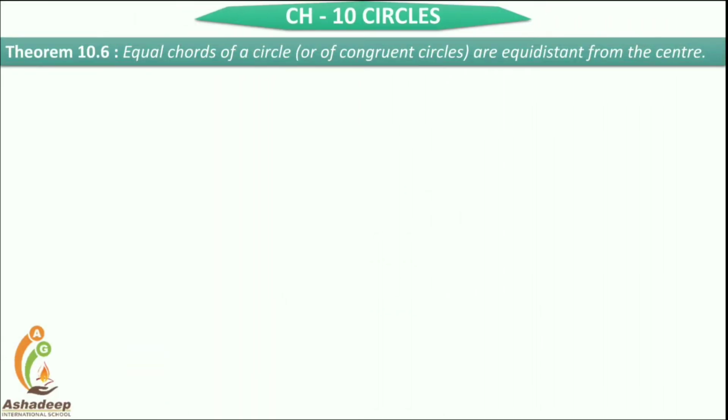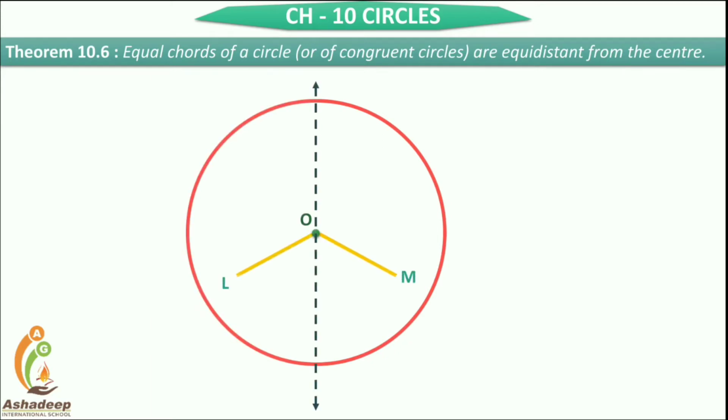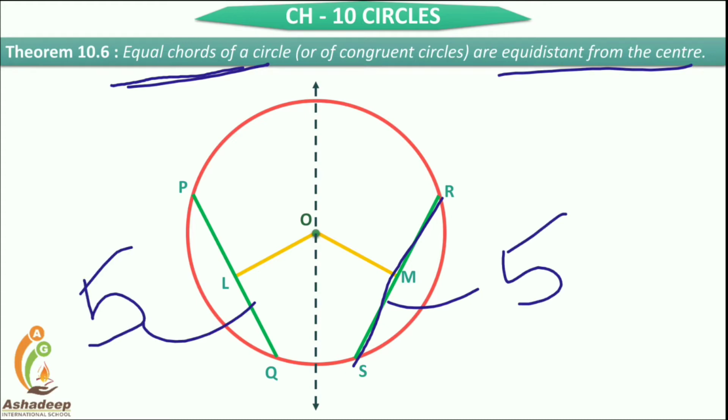Okay, now let's start theorem 10.6. Equal chords of a circle are equidistant from the center. So see, equal chords of a circle are equidistant from the center. अगर ये 5 का है, ये 5 का है, तो ये दोनों का डिस्टेंस भी कैसा होगा, सेम। अगर ये 3 का है तो ये भी 3 के डिस्टेंस पर ही होगा।